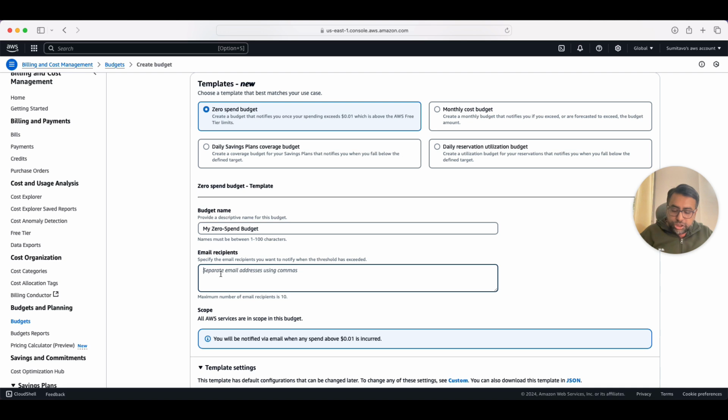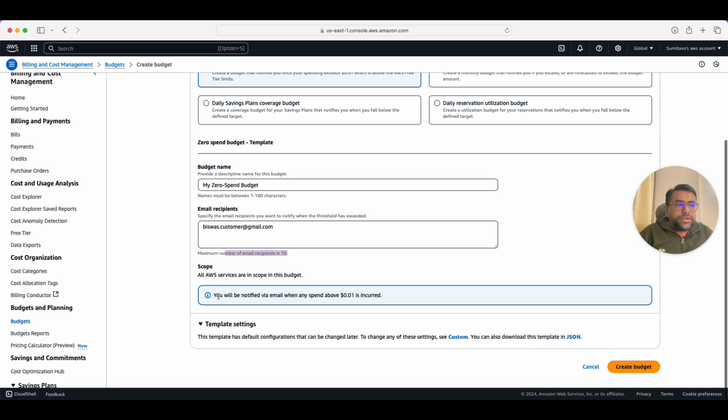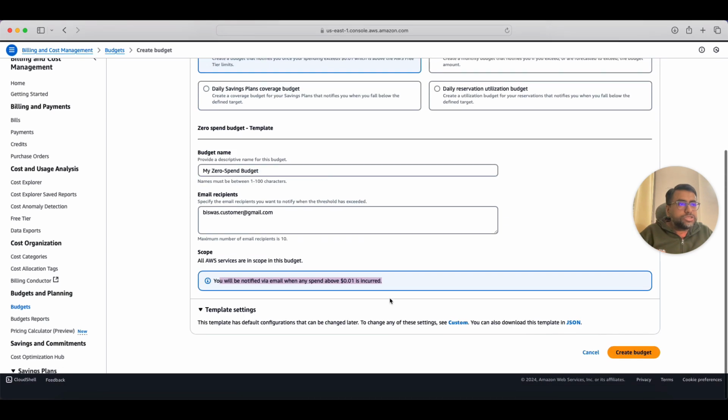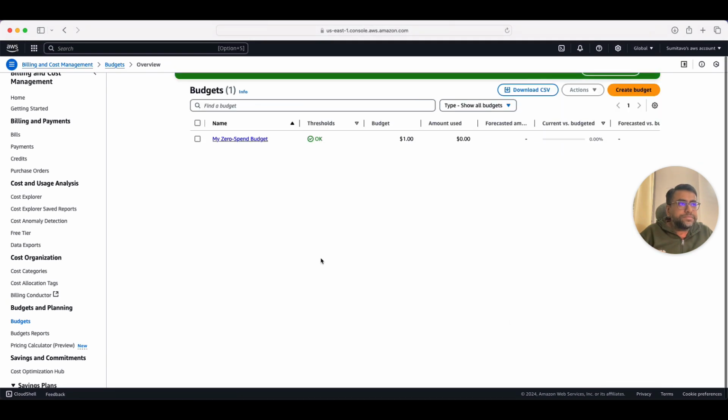here you have the option to input the email addresses for whom you want to get notification whenever the cost is forecasted to exceed that particular limit. So you can just add the email recipients here. You can add a single recipient or multiple recipients, comma separated, and the maximum number of recipients is 10. Over here you can see that it is telling you that you will be notified via email when any spend above $0.01 is incurred. So I can just go ahead and create this budget here,